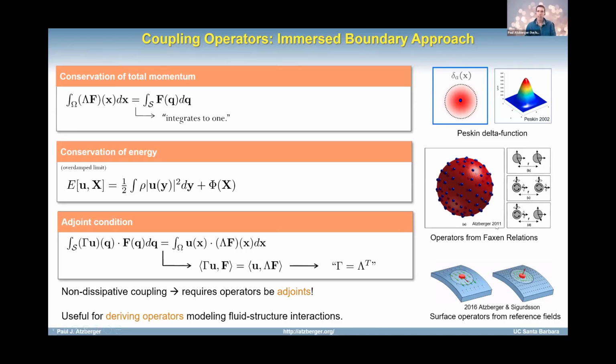And we've done this in a number of contexts, extending this to use things like Faxén relations, which talk about kinetic responses, or even building various types of immersed boundary methods on surfaces, so on manifolds where it's not quite as obvious how you should do the force spreading and velocity averaging. We basically use various types of reference fields and L2 inner products to create our kinematic responses. And then in return, we get appropriate force spreading operators and can capture things like rotational motions of proteins or translational motions in very intricate geometries while staying sort of in the tangent space in our velocities on the manifold. So you can apply these concepts quite broadly.